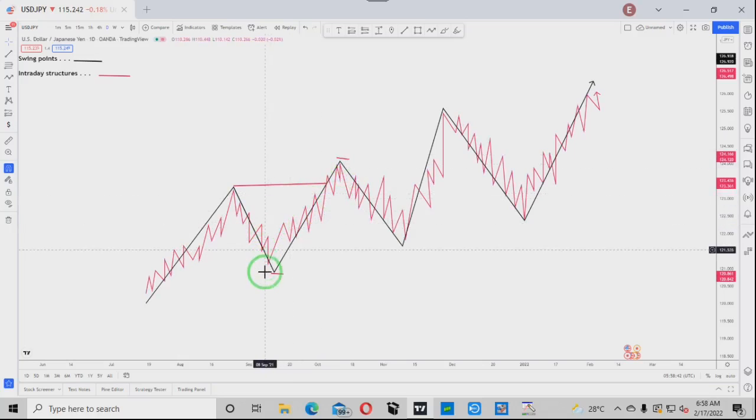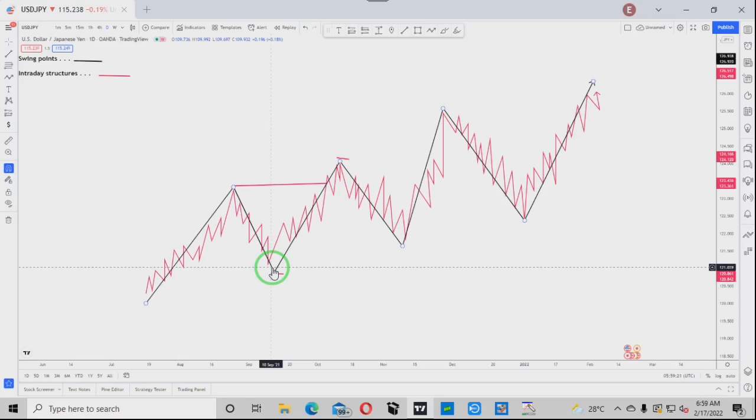So if you did not mark out your higher time frame swing point, and you start by going straight to maybe M15, M30, M5 to look for your structure and enter your trade, this is what will always happen to you. You will always be stopped out because you do not have any idea about what is going on in the higher time frame. Do you understand, guys? This is very crucial. This is where a lot of traders are having problems with their trading career. So I want you to take note of that.